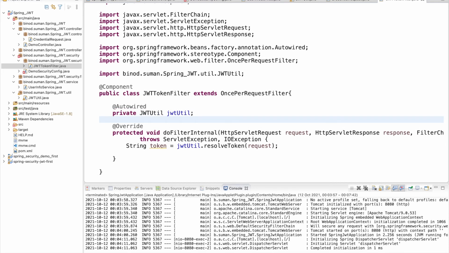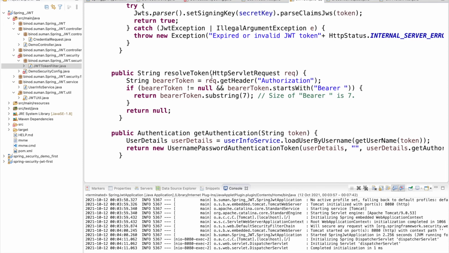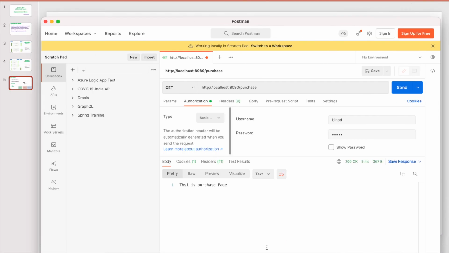Okay, now what you have to check, first we have to resolve the token. Resolve token means if you go to the method here, resolveToken, so come here, what is the resolveToken here? Try to understand how you are passing the token here. So if you go to Postman, we have to go to the header, sorry, not the body.